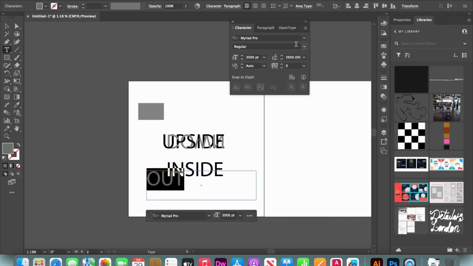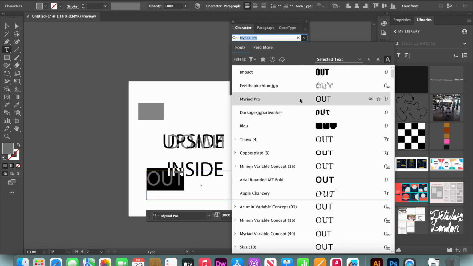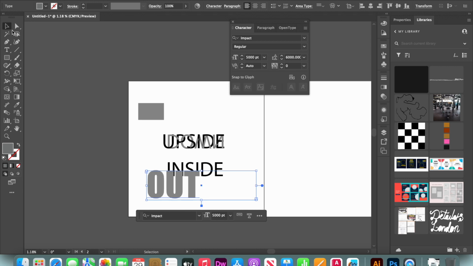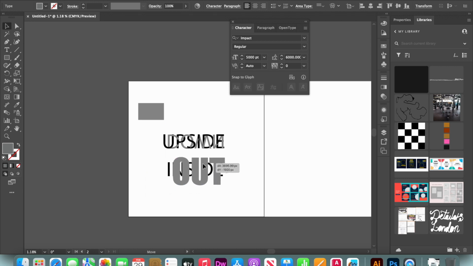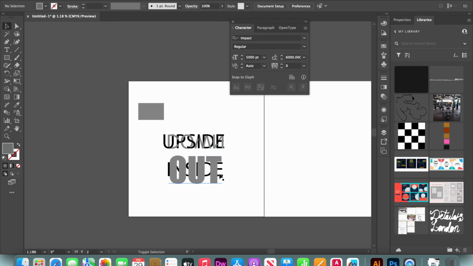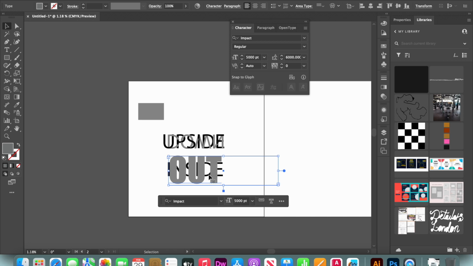To make sure the colors are correct on both, I've used I to bring up the eyedropper tool and selected the grey, which is in "down". Change the font back to Impact. Change it to 5,000 pixels. Laid it on top,